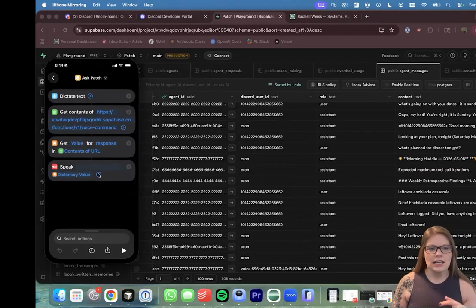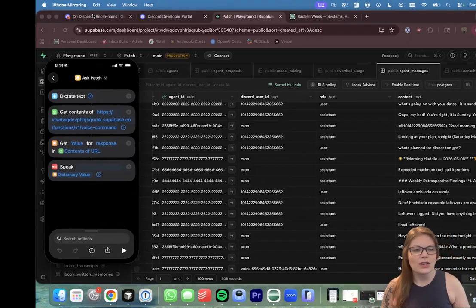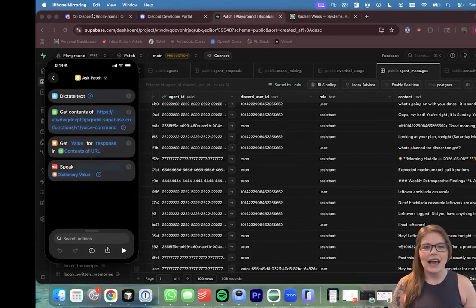So it works just like the Discord slash command, where I send a slash command and then it responds. It just reads it back to me. That's it. With this, it logs the same way, but it feels like Patch is talking to me, and I don't have any extra API calls. It's going to cost the same amount depending on what I ask. It's tracked the same way, and it routes everything the same way. The only difference is I'm asking on my phone.